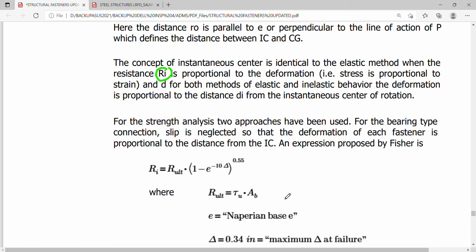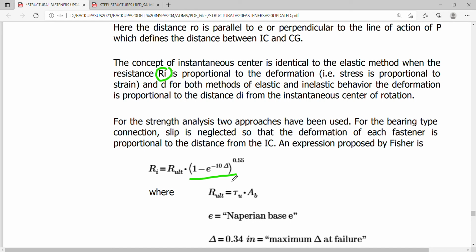For the bearing type connection, slip is neglected so that the deformation of each fastener is simply proportional to the distance from the instantaneous center, and an expression proposed by Fisher relating the resistance, which is coming from the elastic behavior, can be expressed in terms of the ultimate resistance coming from the inelastic behavior multiplied by this expression in the parentheses using the Naperian base E